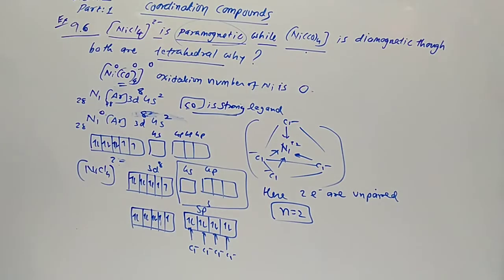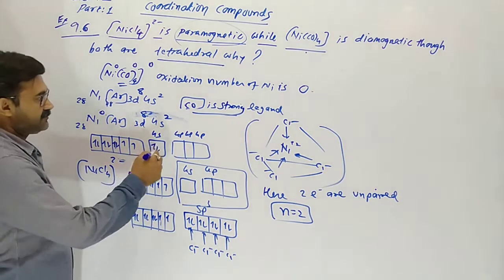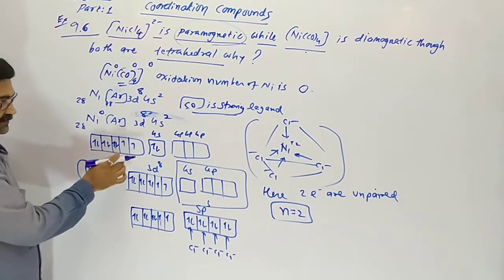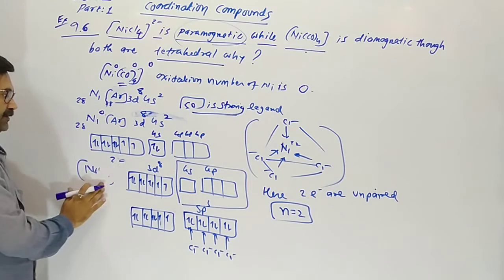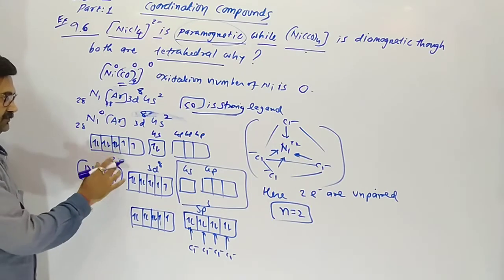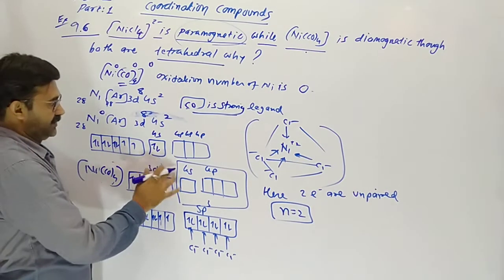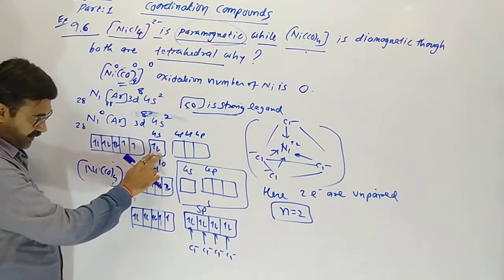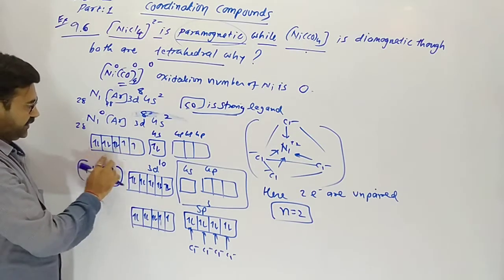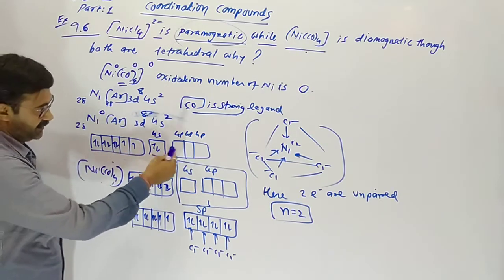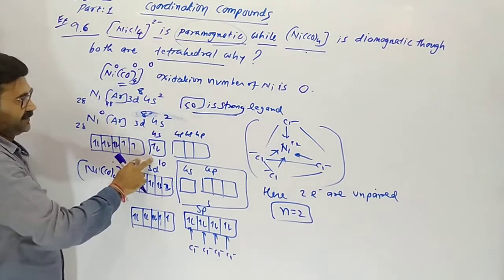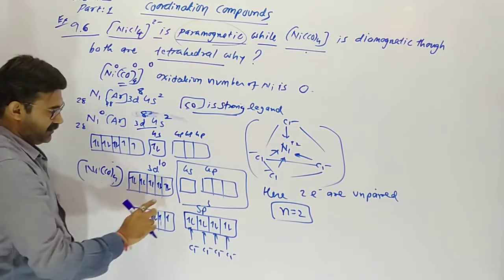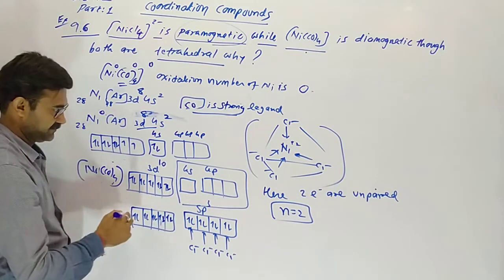not weak but a strong ligand. It is capable of pushing the electrons. That is, it will make the unpaired ones paired. Capable. So here will be 10. These two are coming here. These two are paired, they remain paired. These two are unpaired. It pushes these also, from 4s to 3d. The energies of these two are near about equal. So these two coming here. So now all the electrons are paired.